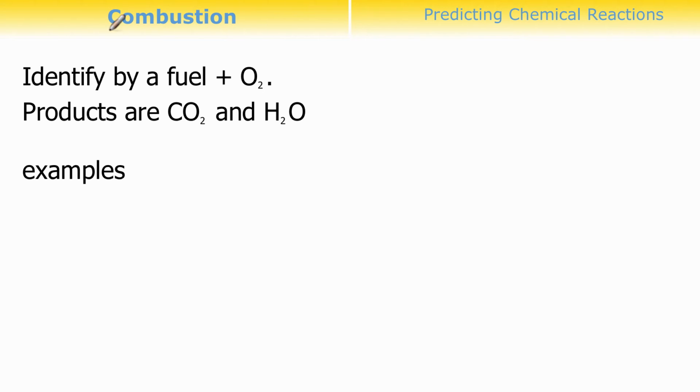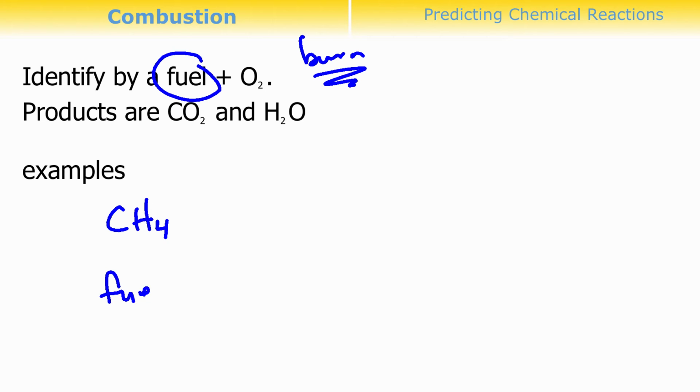These ones are by far the easiest types of reactions, because all you need to figure out is you have a fuel and you're burning something. So if they say burn, typically it's going to be a combustion reaction. So say I wanted to burn methane. So CH4, I burn methane. So all the combustion reactions will look just like this. You put down your fuel like that,